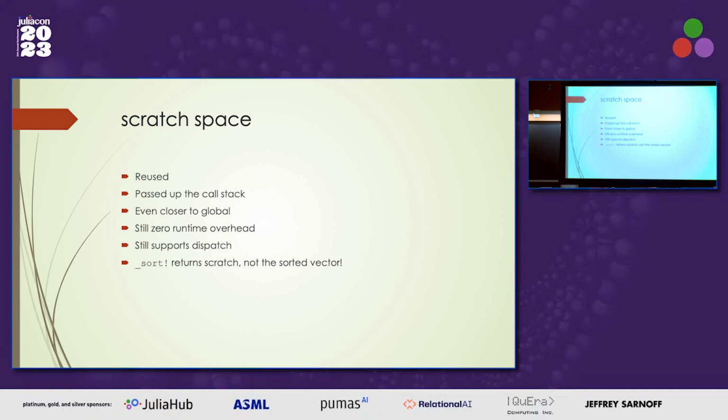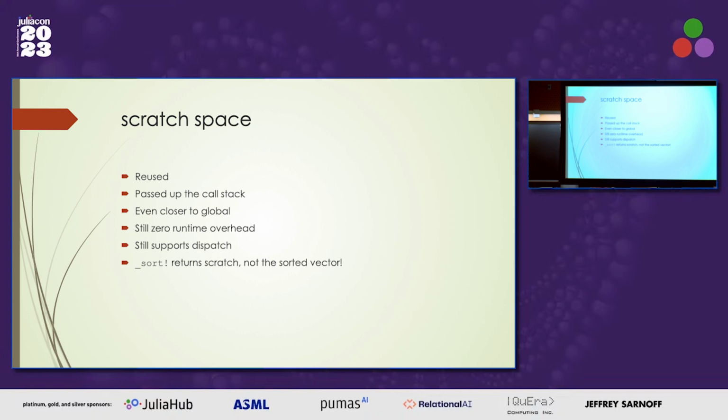So this is even closer to a global variable than what we were working with before, but it's still implemented with zero overhead. We're not actually using global variables. It's just similar to that behavior. And the way we implement this is by returning scratch space. How do you get something up the call chain? You return it. So this underscore sort bang returns scratch space,